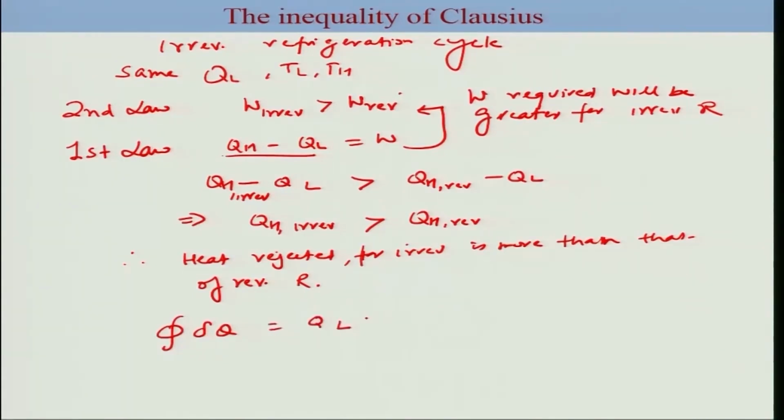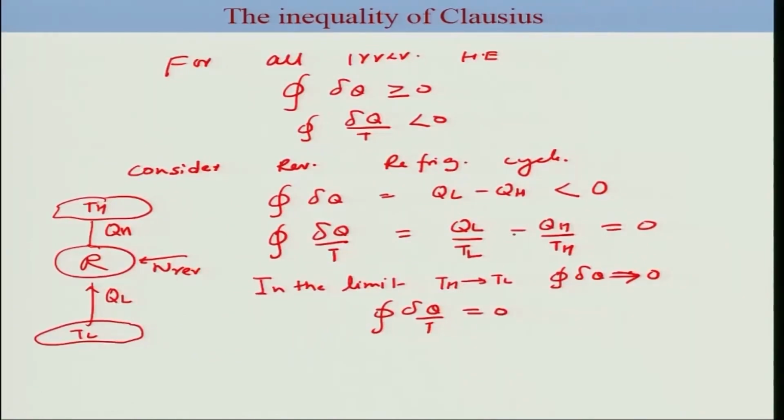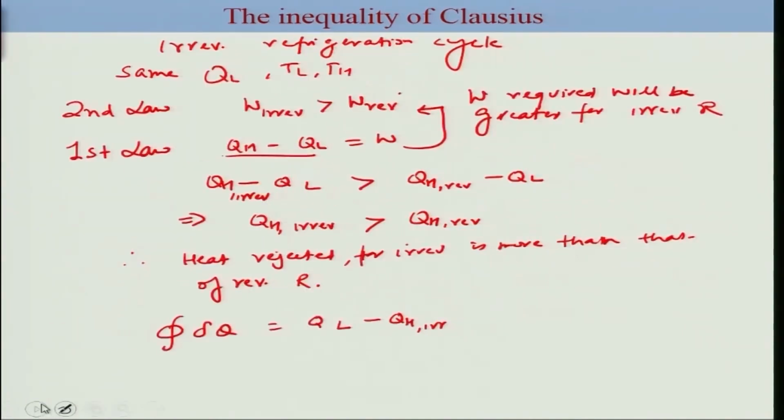This will be your QL minus QH. Now for the case of irreversible, we'll put irreversible. Okay, now irreversible, as we already mentioned earlier, for the reversible refrigerator cycle, this expression is always less than 0 or equal to 0 depending on the limiting case. But now when you have irreversibility, this term is more, which essentially is going to be further negative, and the other term del Q by T